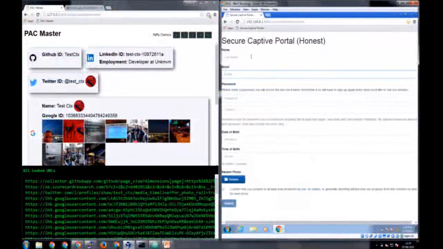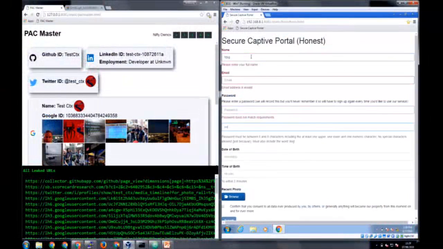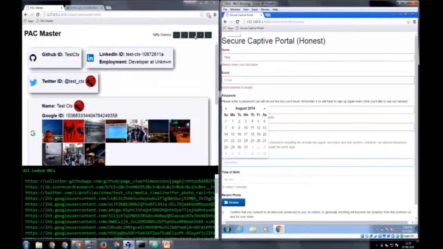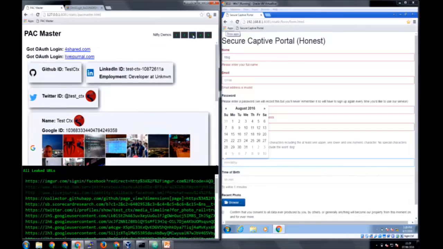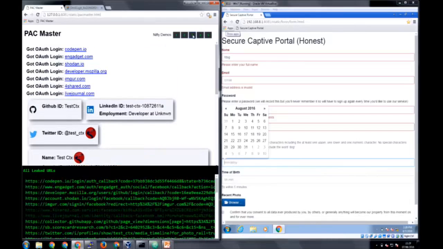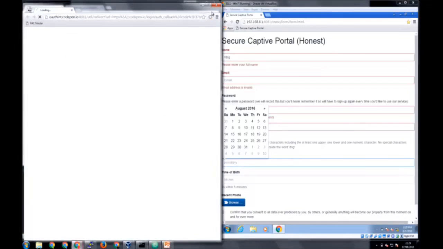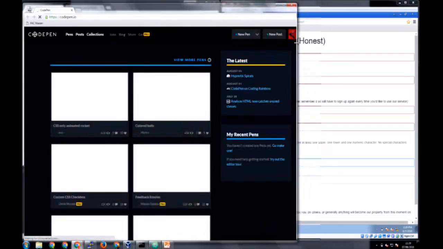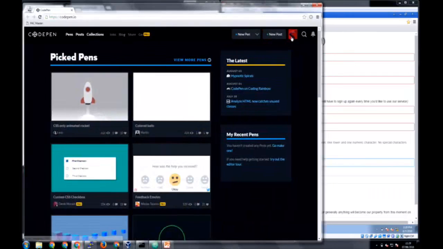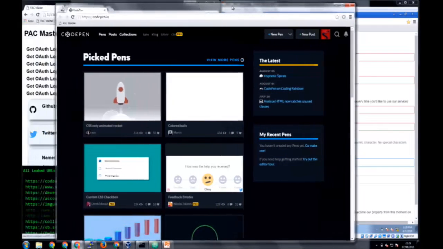So again, the user's still here, trying to fill out their form, password. Okay, they're going to be there a while. So we kick off the next attack. And you can see this one's particularly quick because we're only using 302 redirects. We're not trying to do the pre-render pages, which we have to do in serial, so only one at a time. This is going quick, lightning fast. From the attacker's console, we've now got all of these potential OAuth sessions. So if I, for example, open CodePen in a new incognito window, theoretically, good, that bit works. Yep, brilliant. I'm now logged into CodePen as that user, with that being their icon there.